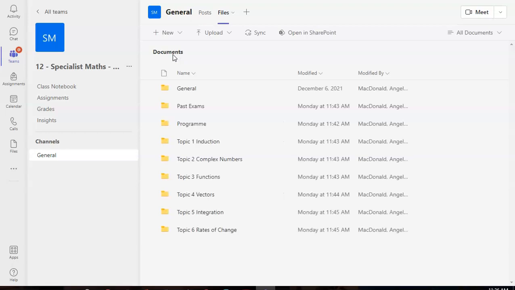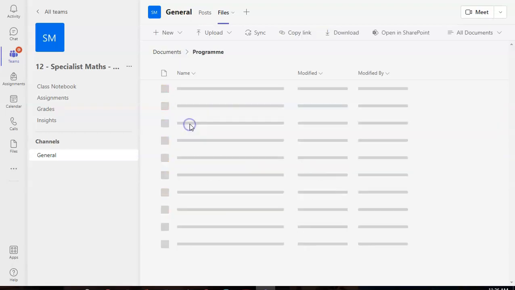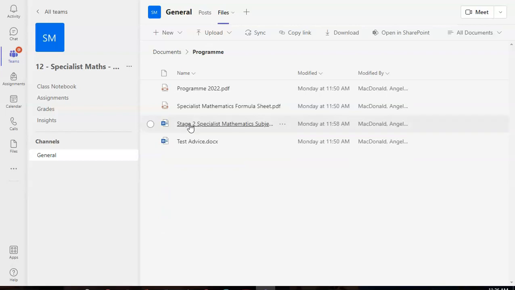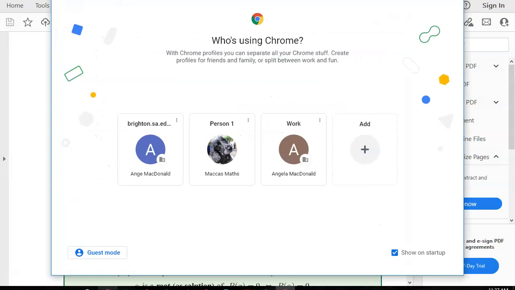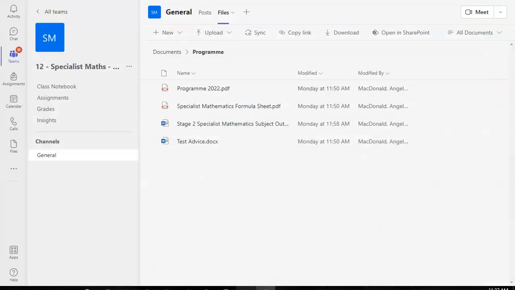I will actually print out, maybe. This one here is your subject outline, and it's got everything that we are actually meant to cover. Now, what I've tried to do is pop that into the program, and oh goodness, how do I open all these things? No, go back, don't want you. Where's my other one? Did I download it? No. Oh, here.